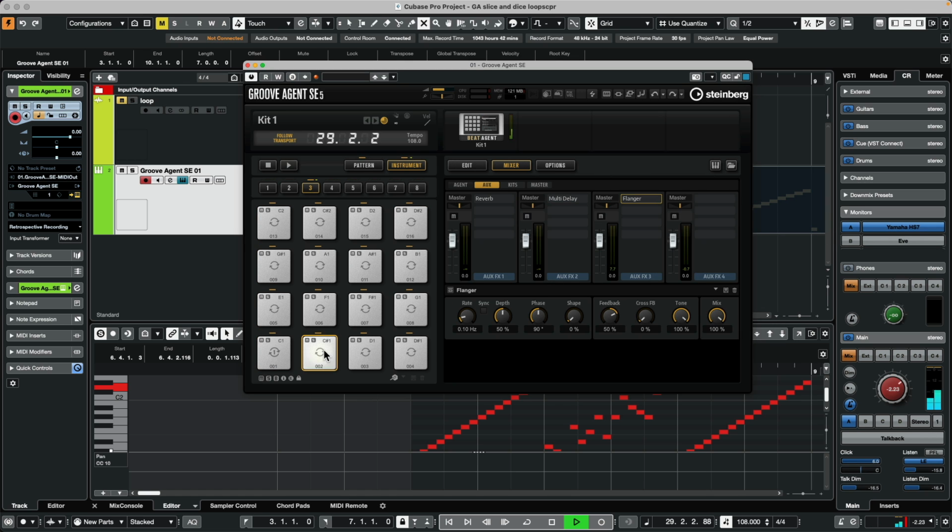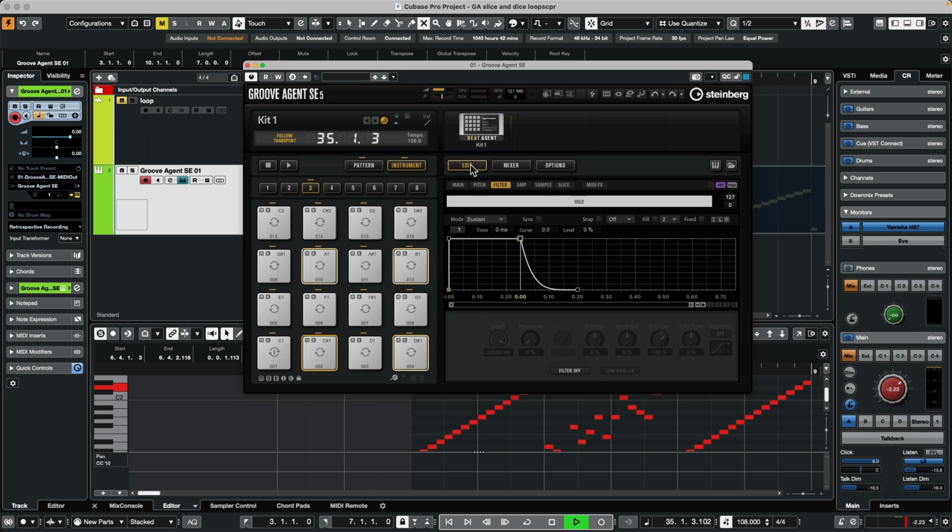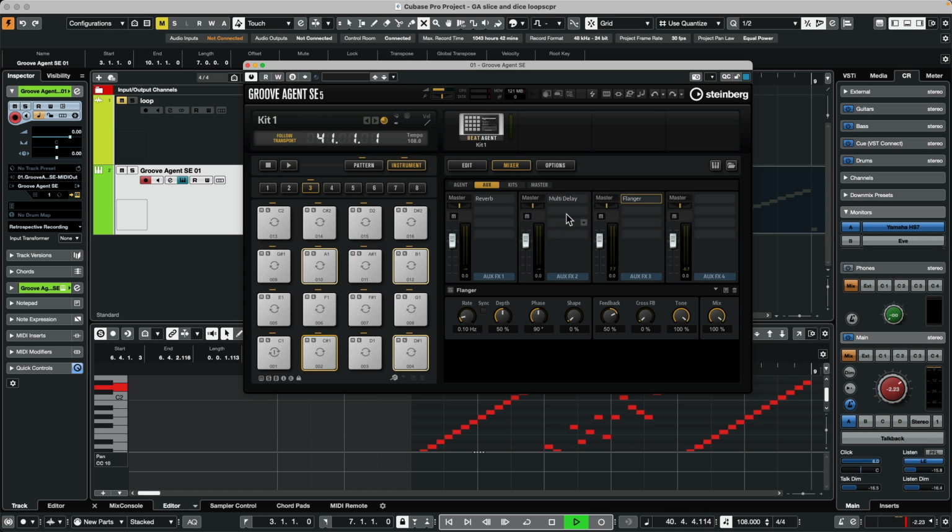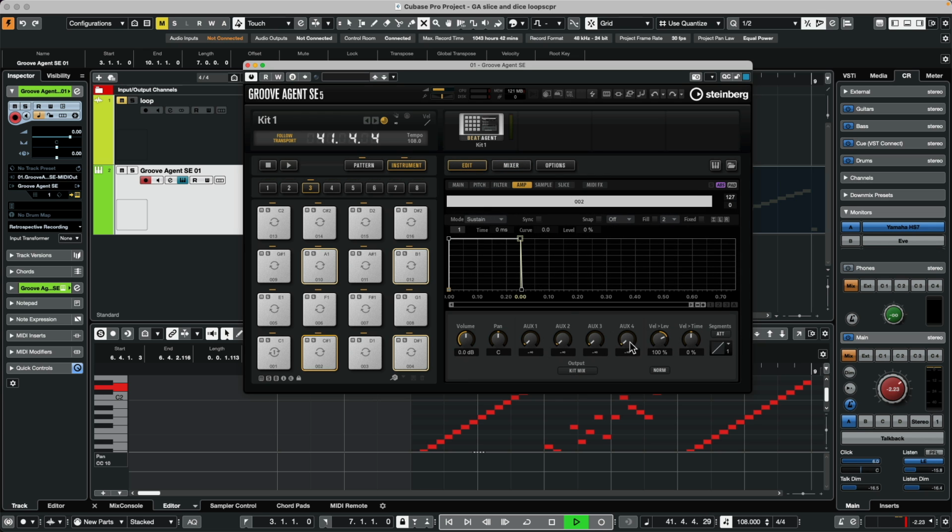So I want to now find my hi-hats. Okay, so I'm going to, again, hold down Control or Command and select my hi-hats. And what I want to do now is we'll go to Edit and we'll go to the amplifier. And here we could have our different aux sends. So I'm going to apply the delay that we put on send 2 to just the hi-hats. So as we play,